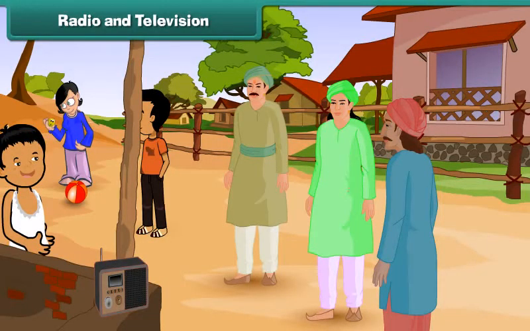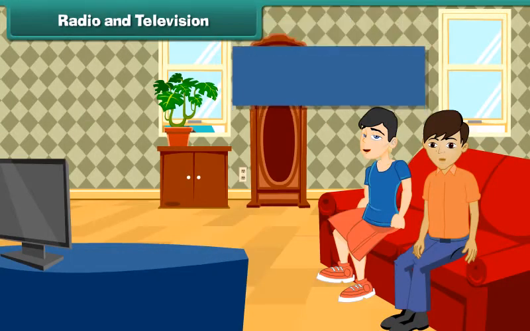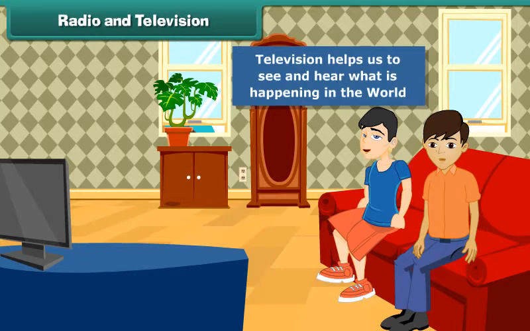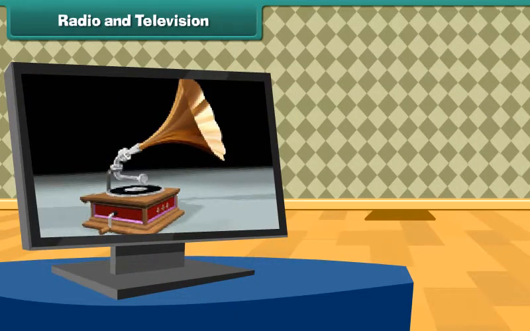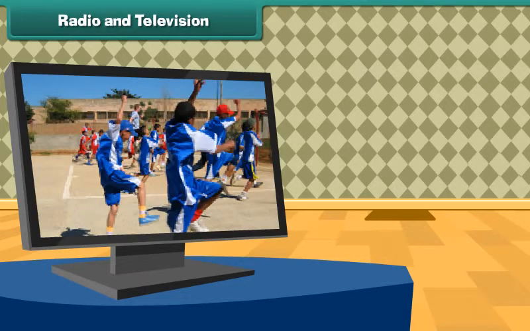But have you ever thought about those people who do not know how to read? So, how do they get connected with the world? The people who do not know how to read can get news about the world with the help of radio and television. We can hear news and listen to various programs like songs through radio. On the other hand, television is an audio-visual form of communication. That means we can see and hear the events happening in the world. While sitting at home, we can enjoy watching songs, films, news, educational events and sports on television.